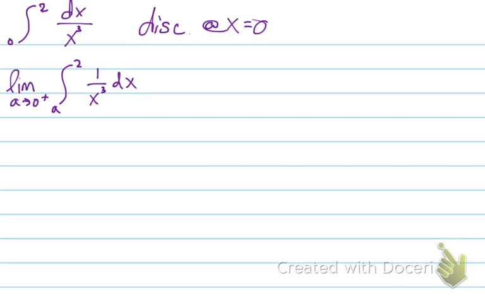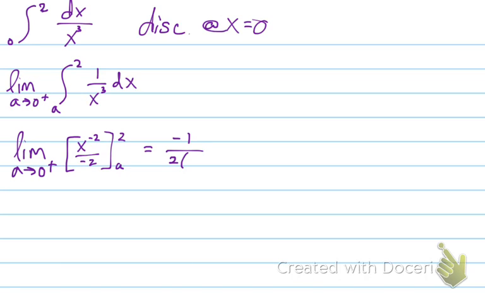So if I take the integral of x cubed, I get the limit as a approaches 0 from the positive side of, x cubed, that's x to the negative 3, bump it up 1 power, you get x to the negative 2 divided by negative 2, from a to 2. If I plug in 2 to this, I get negative 1 over 2 times x to the second power. So if I plug in 2 to x, I get 2 to the second power, which is 4,